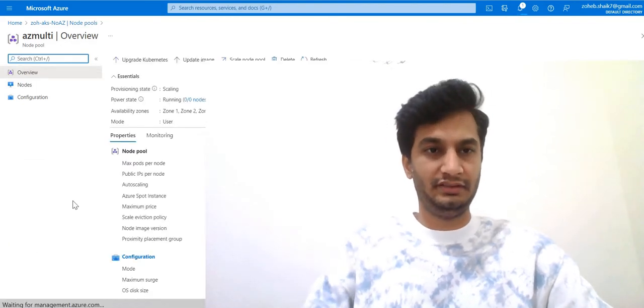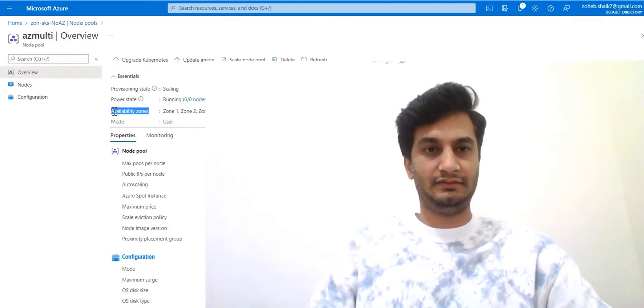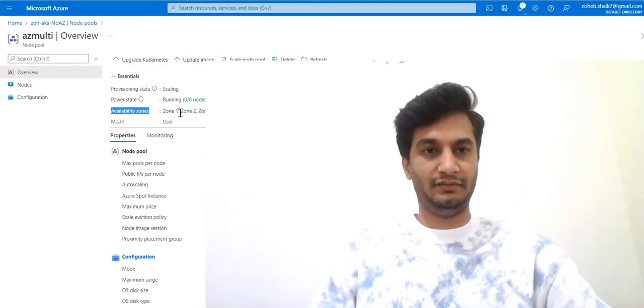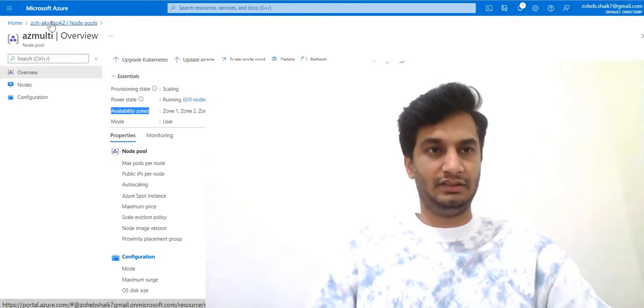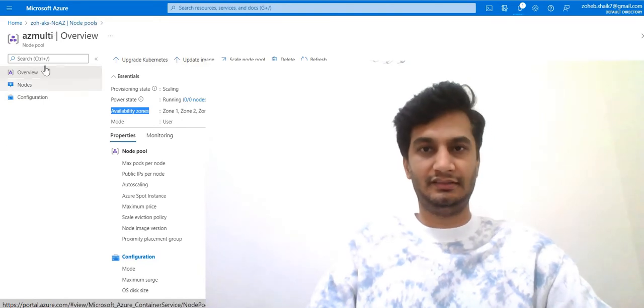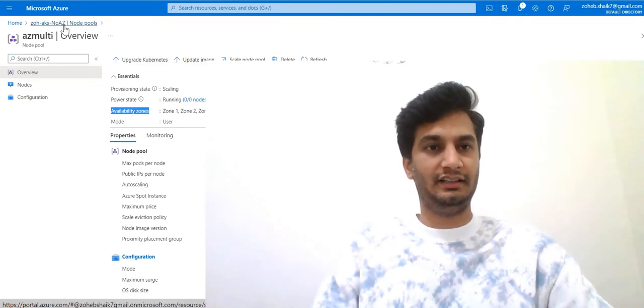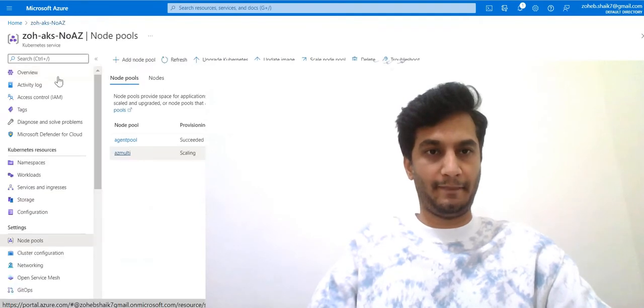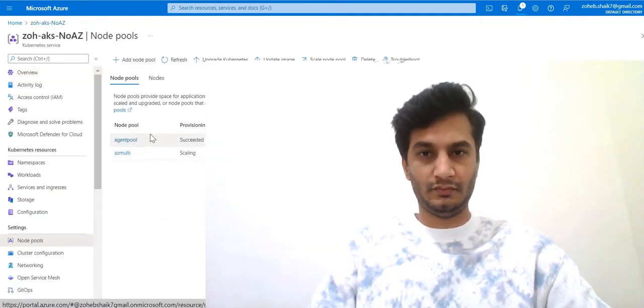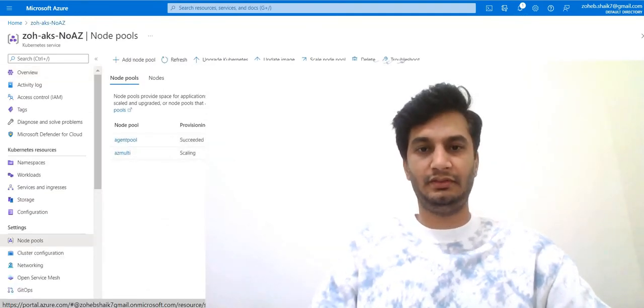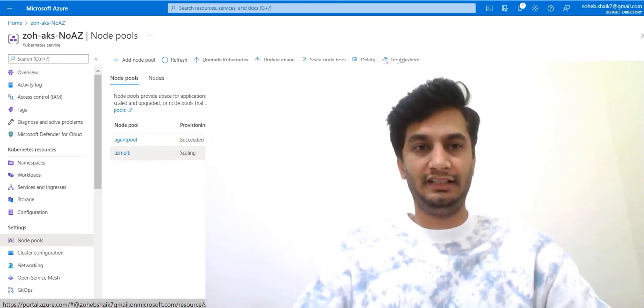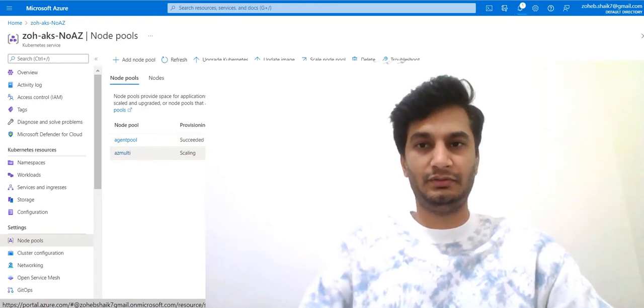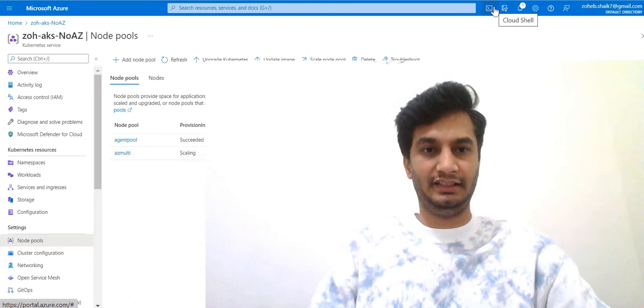Because for this POC I need two node pools, one without AZs and one with AZs. Once the nodes are down, then I can deploy my workload. It is 0, but still in the backend it will take some time for the nodes to get in sync.